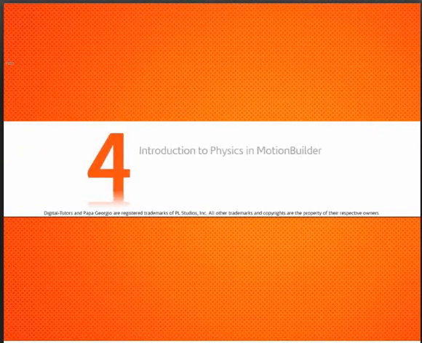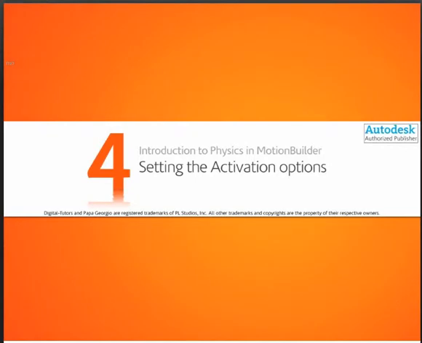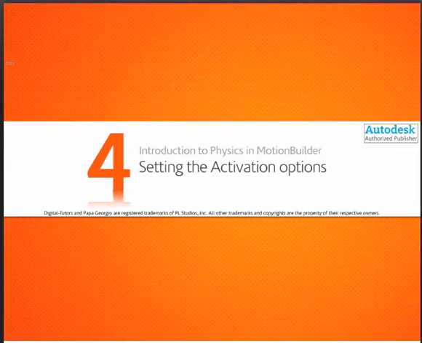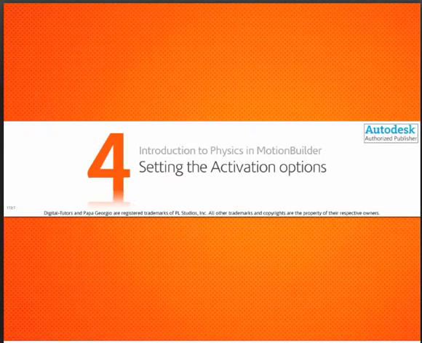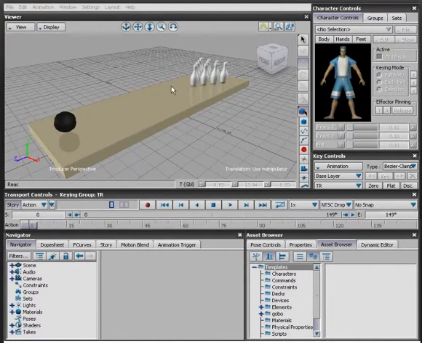In this lesson, we're going to learn about the different activation modes. These are quite important because they define the behavior that your rigid body objects will follow upon collision. So we're going to learn about this somewhat important feature in this lesson using the provided scene, which is